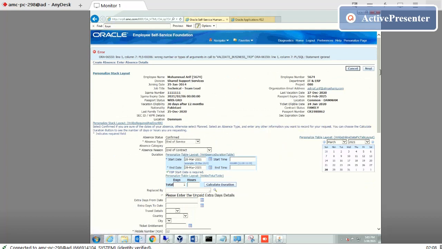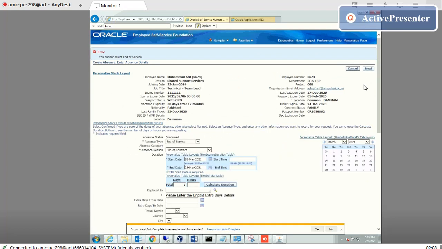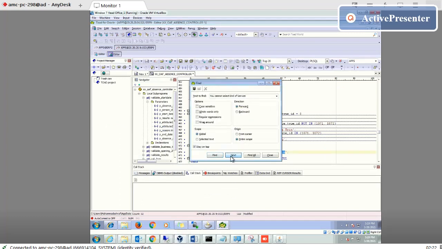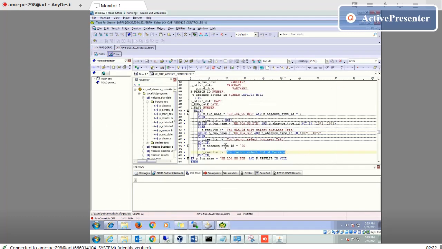Suppose I go to the next button, see this error will appear here. When I check this error in the package, we will find this one. Here we see that if the person absence type ID is 56, then the system will throw that error.